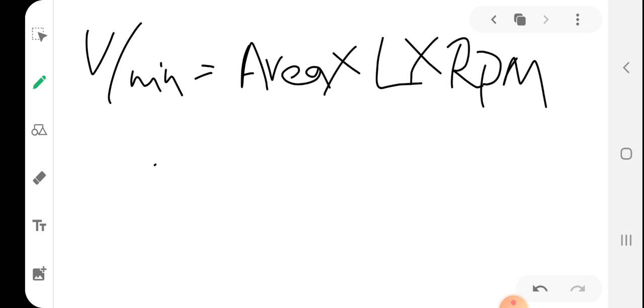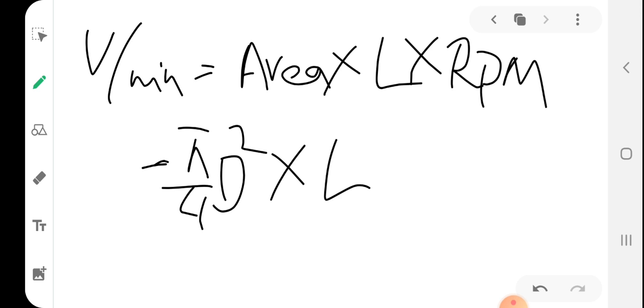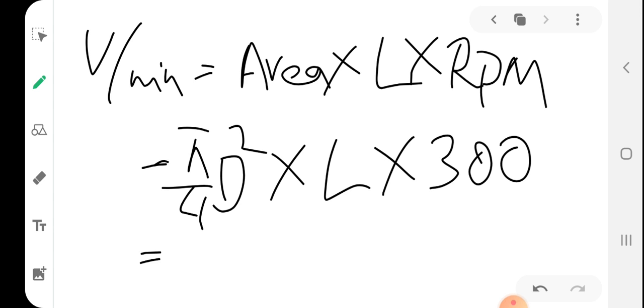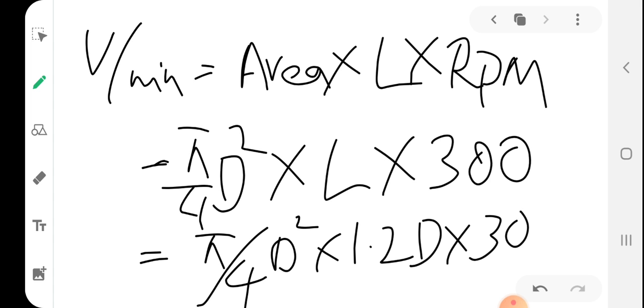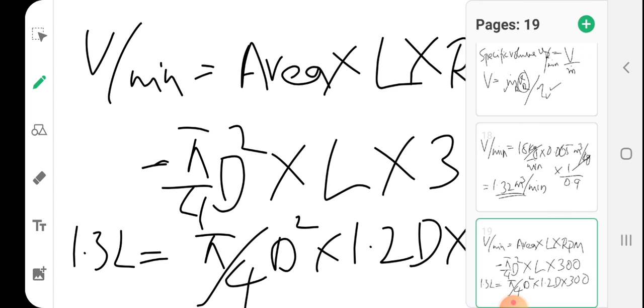So area is equal to pi by 4 d square into L into rpm. rpm is given as 300. So pi by 4 d square, L is equal to 1.2 d, into 300. So V is 1.32. So solving this equation, you will get D